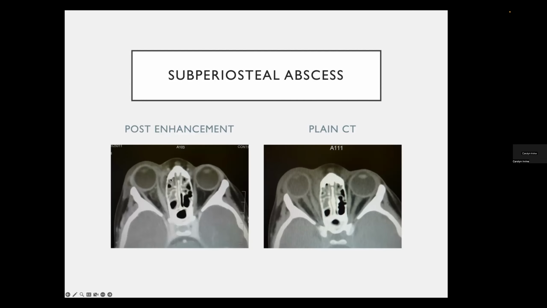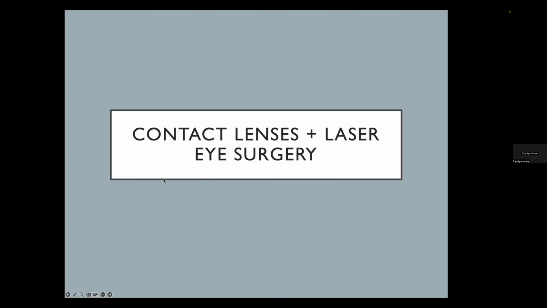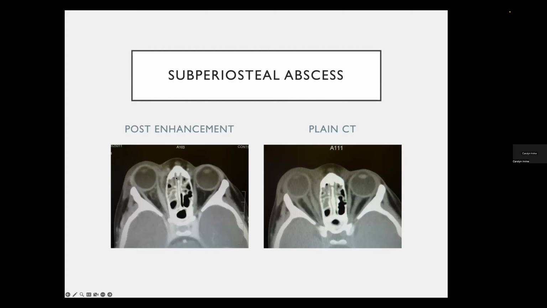Because what can happen then is you can get abscesses, for crying out loud. Often the infections come from the sinuses. So you can see here that you've got some opacity in the ethmoid sinuses, and this particular patient was a young lady of 4. And she had a subperiosteal abscess, which you can see is pushing the medial rectus across, whereas on this side, it's all nice and black, and there's no infection on that side,